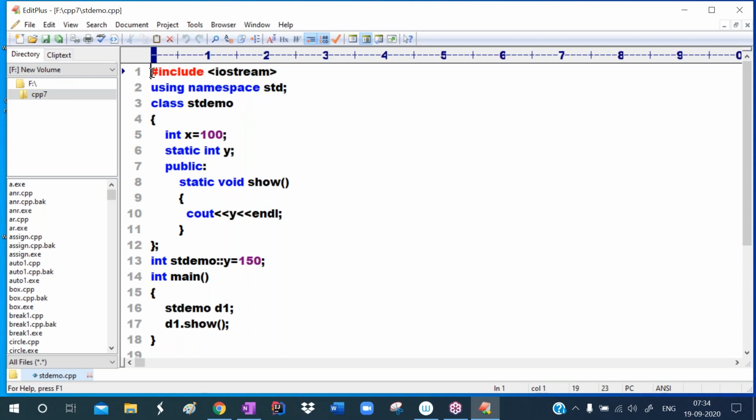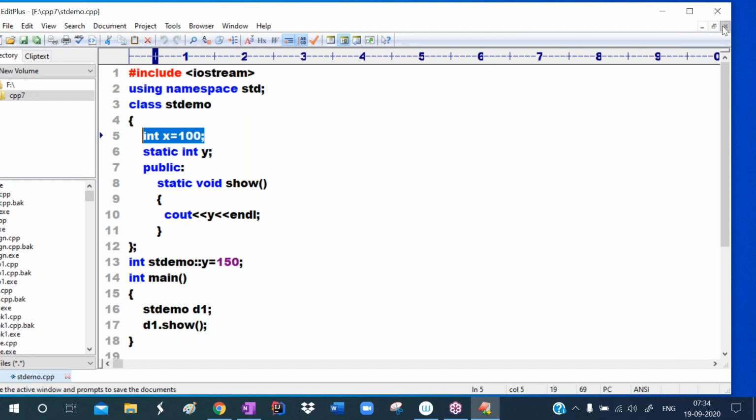This is called source code. We are writing this code. Please take 100 value and store that in X. We are giving the instruction. Source code means a set of instructions we are writing. Source code means program only. So this code is called source code. Okay, I'm opening one Java program here.